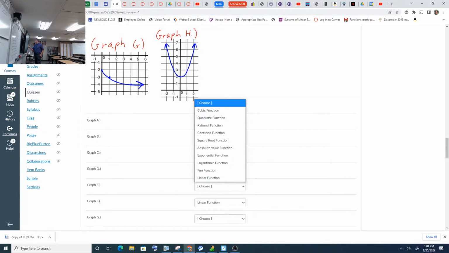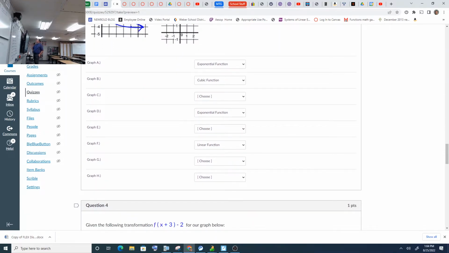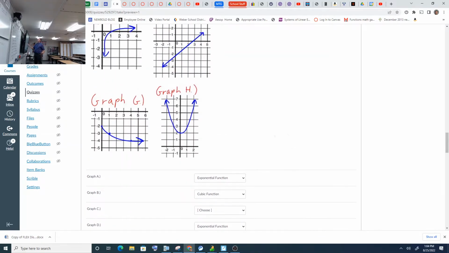Don't choose fun function or confused function, because you'll get that wrong. Cool. So we did like half of them. Come on, we did half of them. You try the other ones. I will give you a hint